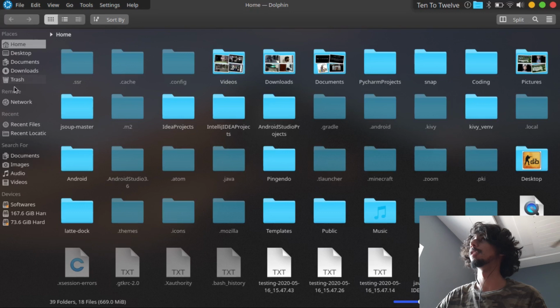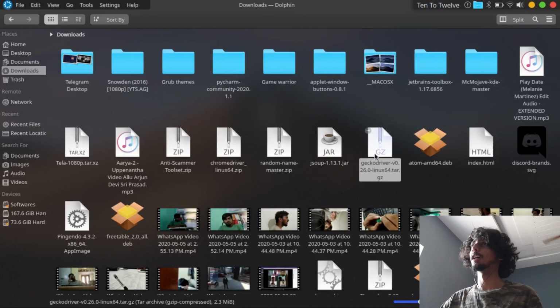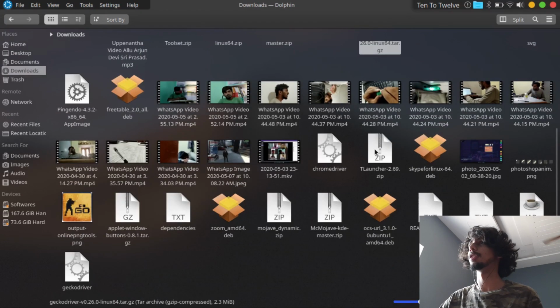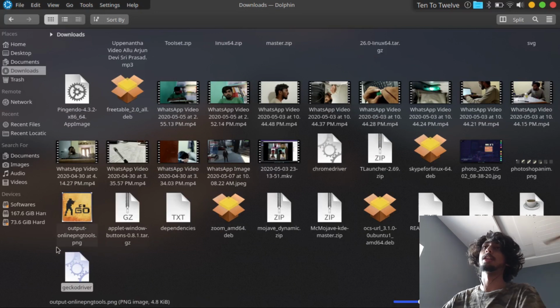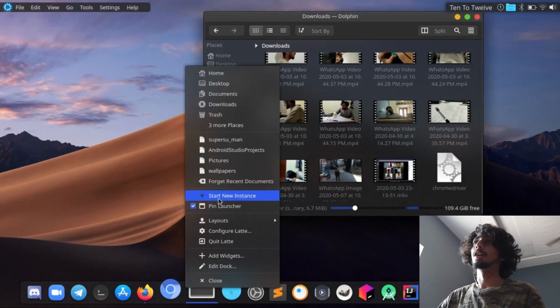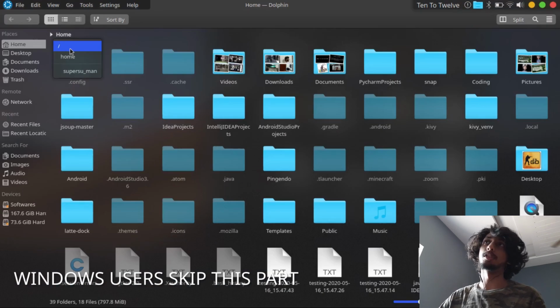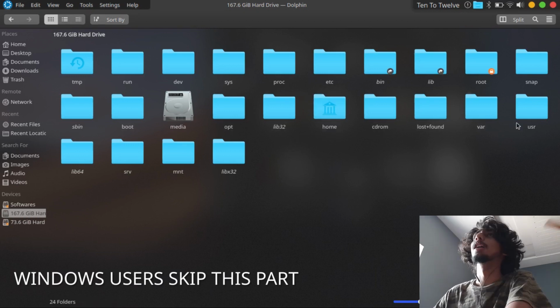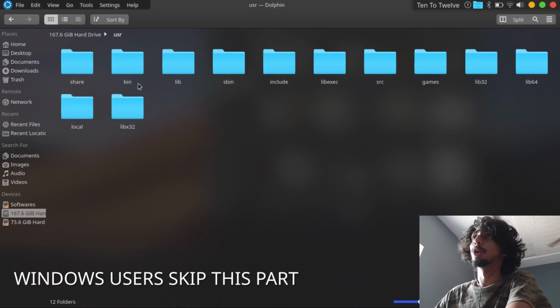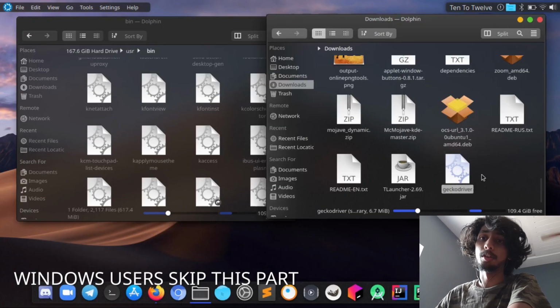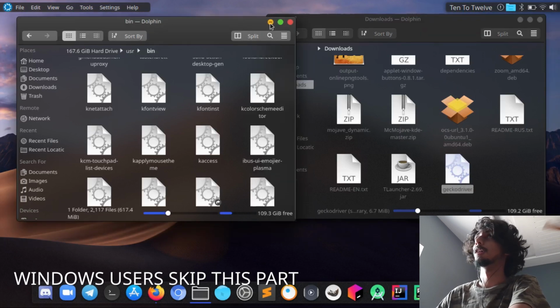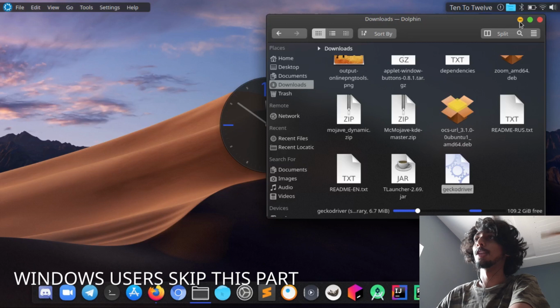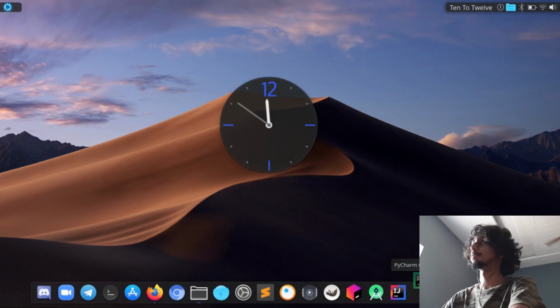It should be somewhere here. Where is it? Yeah, this is a file, and when I extract it, it should look something like this right here. What you need to do right now is go to the root directory first, go to the USR folder and then open bin. You are going to copy this WebDriver which you have downloaded from the website to this location, USR/bin. I've already moved it, so that's it. Now you got to open PyCharm.